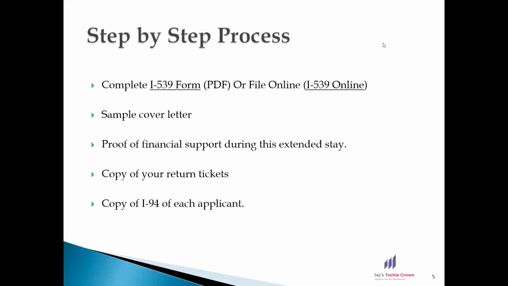Now, let us look into the step-by-step process of filing a form I-539. Before we start, let me tell you the difference between form I-539 and I-539A. I-539 is a form used by the primary applicant, for example, the spouse of an F1 or H1 who is applying for change of status. And for the dependent child, he or she should go for I-539A. For any child, you can use the form I-539A, and there should be a separate form for each child you are trying to apply for change of status.